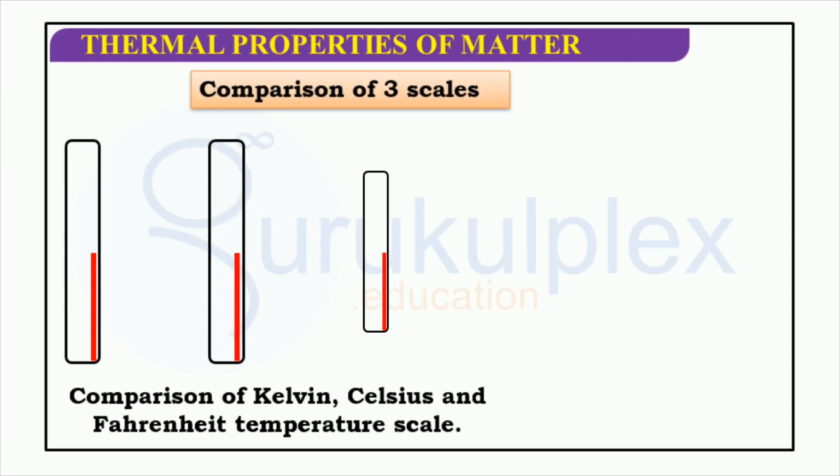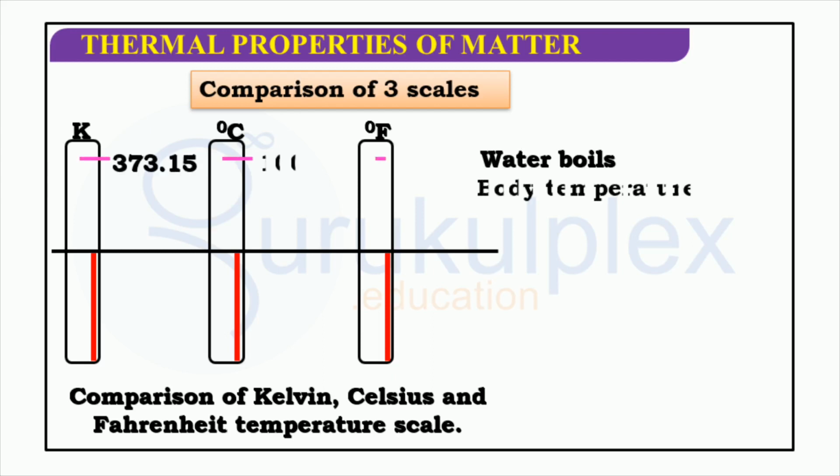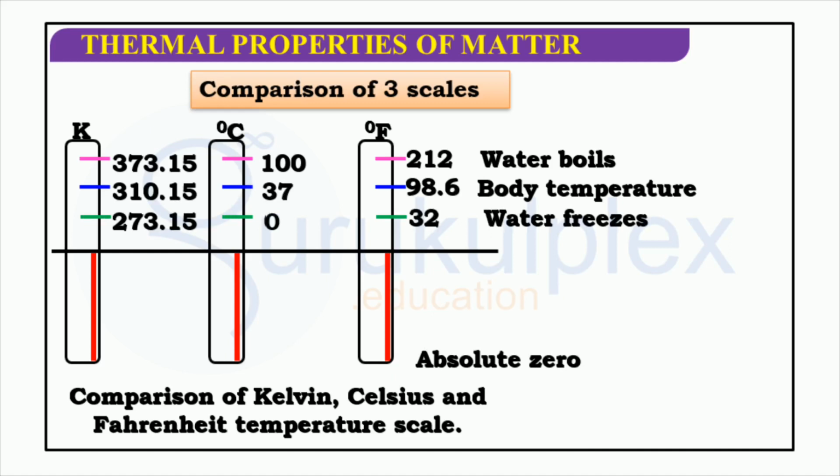Comparing the 3 temperature scales, the Celsius and Fahrenheit ranges have a much smaller difference between them than Kelvin does with either of the two. On the Celsius scale, water freezes at 0 degrees and boils at 100, while on the Fahrenheit scale, water freezes at 32 degrees and boils at 212. On the Kelvin scale, the absolute zero point is minus 459.60.